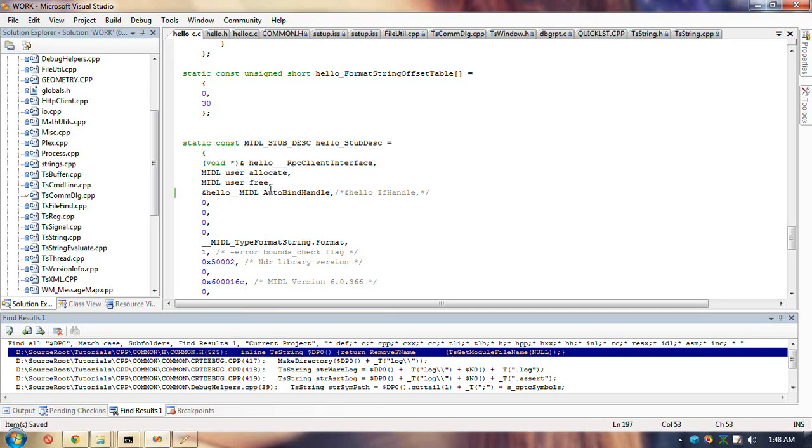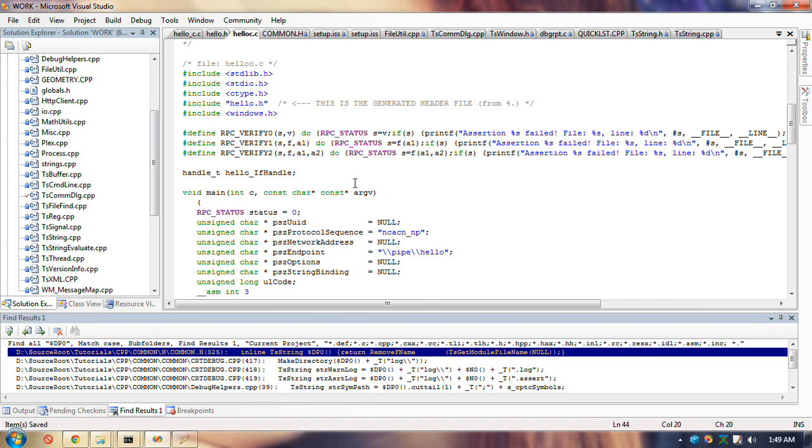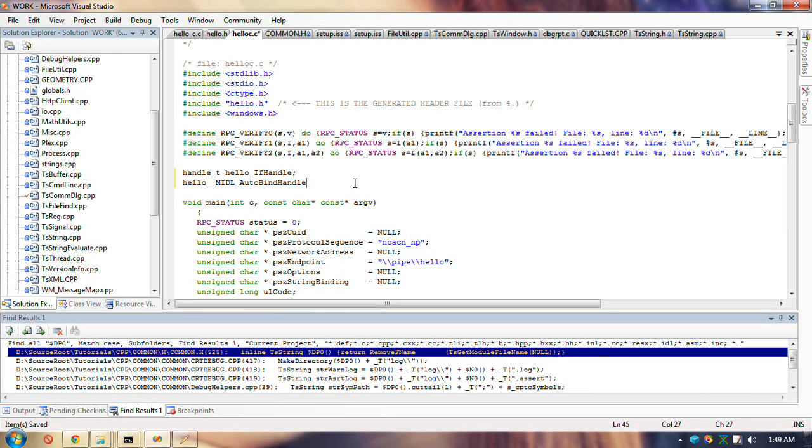Okay. Well, now I have to give it some life. That equals this. That should work, doesn't it? It's going to be the address of that.